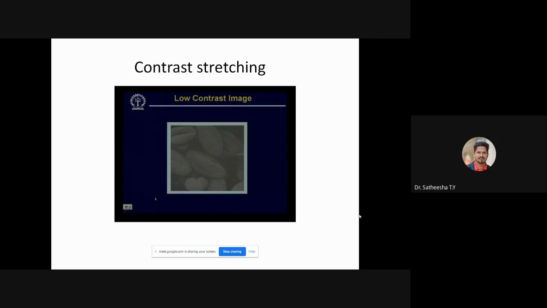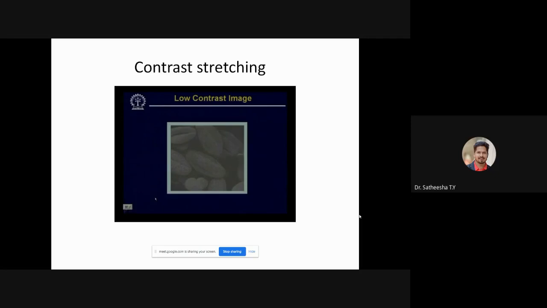The second reason why an image may be dark is that the dynamic range of the sensor on which you are imaging is very small. What I mean by dynamic range is the capacity of the sensor to record the minimum intensity value and the maximum intensity value.